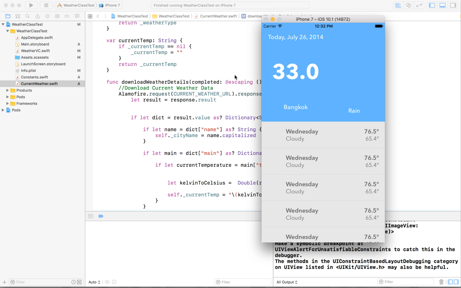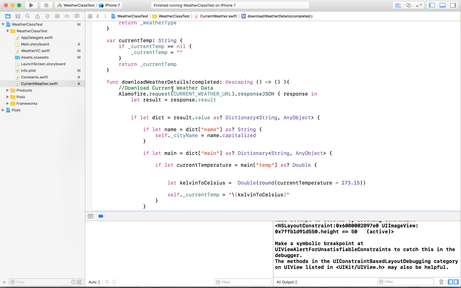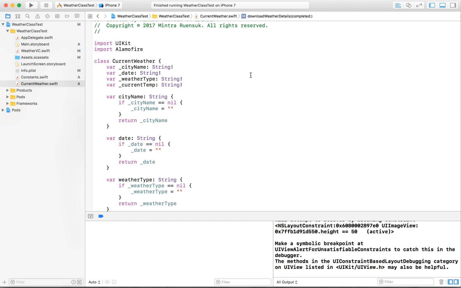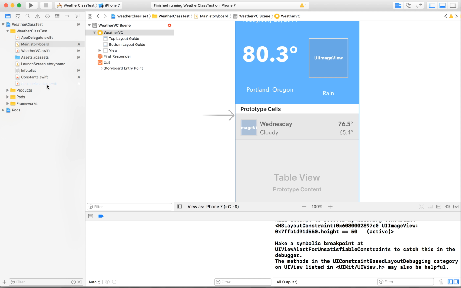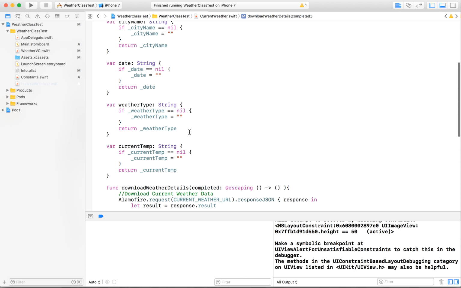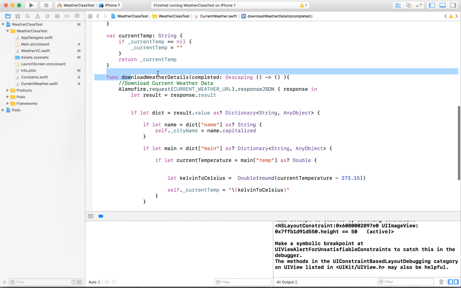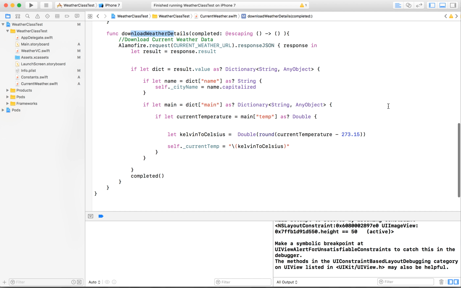Okay, let's get started. You can continue from the same project that you have been using for the last 2 weeks. So where to start? We may need to start with the data that we get from the API. This is the download weather details inside currentweather.swift. Scroll down, you see